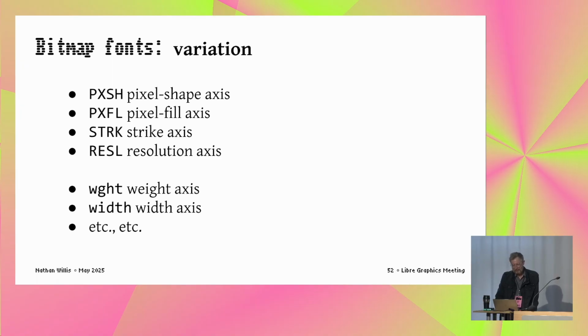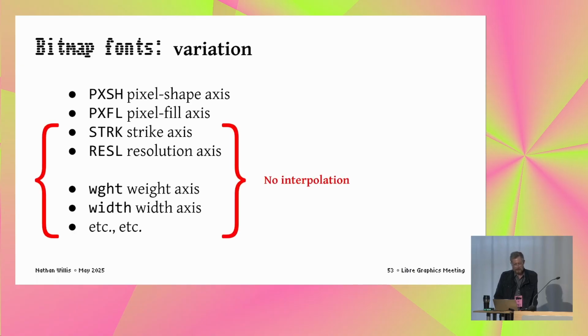You can kind of, even like the Bitstream Charter font was the test case there, which has 6 strikes and 2 resolutions, 75 and 100, which is 48 masters if you're also changing the shape of the pixel and the fill level of it. It's not meant to be interpolated strikes. You can't interpolate cleanly between them. So you're basically just swapping in alternates for every glyph at these marker points.